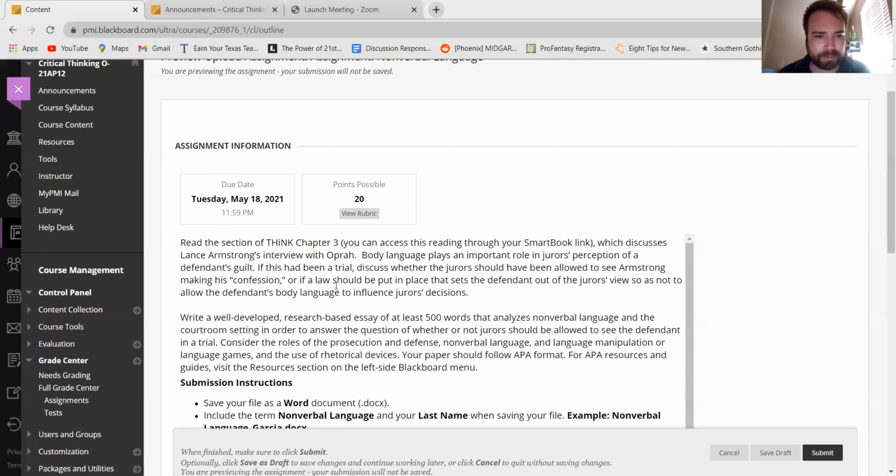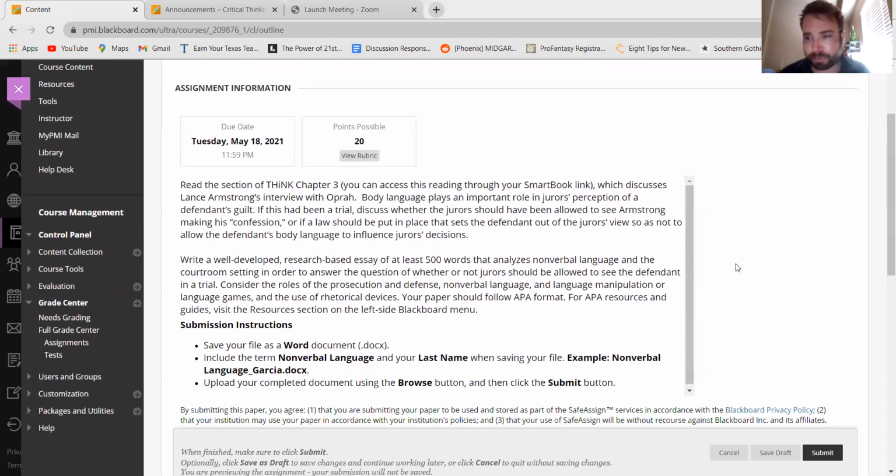Mountain Time. It says read the section of Think Chapter 3 through your smart book, which discusses Lance Armstrong's interview with Oprah. Body language plays an important role in the juror's perception of a defendant's guilt. If this had been a trial, discuss whether the jurors should have been allowed to see Armstrong making his confession or if a law should be put in place that sets the defendant out of the juror's view so as not to allow the defendant's body language to influence the juror's decision. Write a well-developed research-based essay, notice that, research-based essay, of at least 500 words that analyzes nonverbal language and the courtroom setting in order to answer the question of whether or not jurors should be allowed to see the defendant